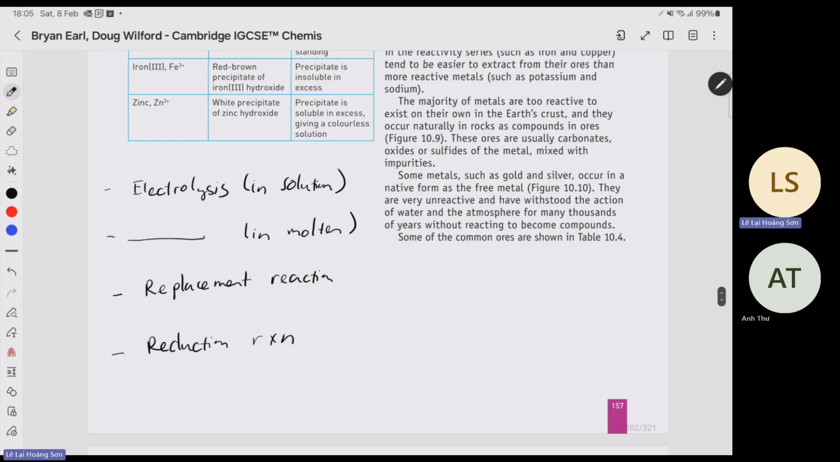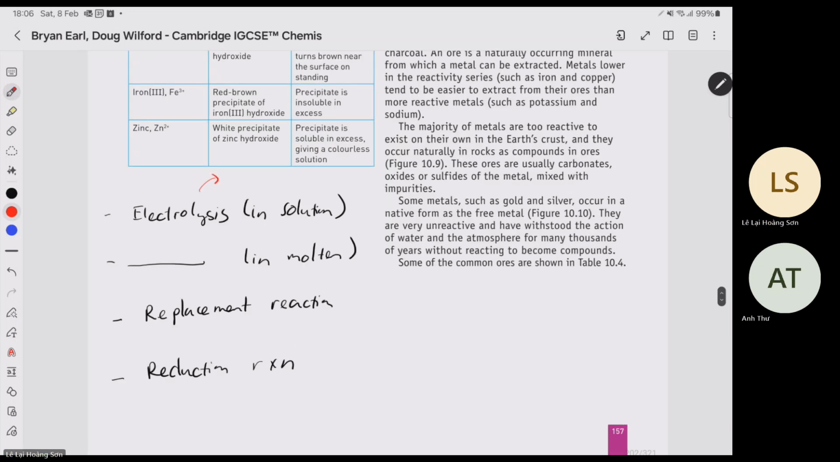Okay, so for electrolysis in solution, what is the condition, or can we apply this method to which metals? In molten state, it should be metals before zinc, and usually it will form the metal oxide and chloride salt. Okay, we apply to metals before zinc. Okay, that's correct. Well, actually, for the electrolysis in molten state, we can basically apply to all the metals, but